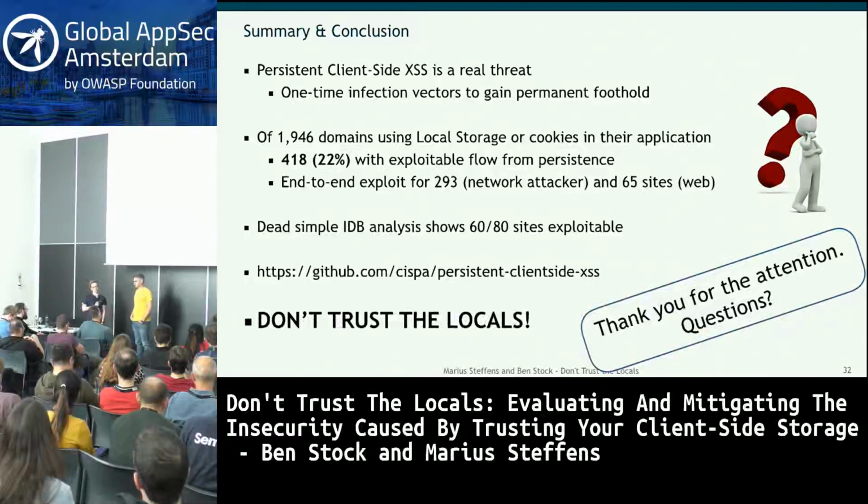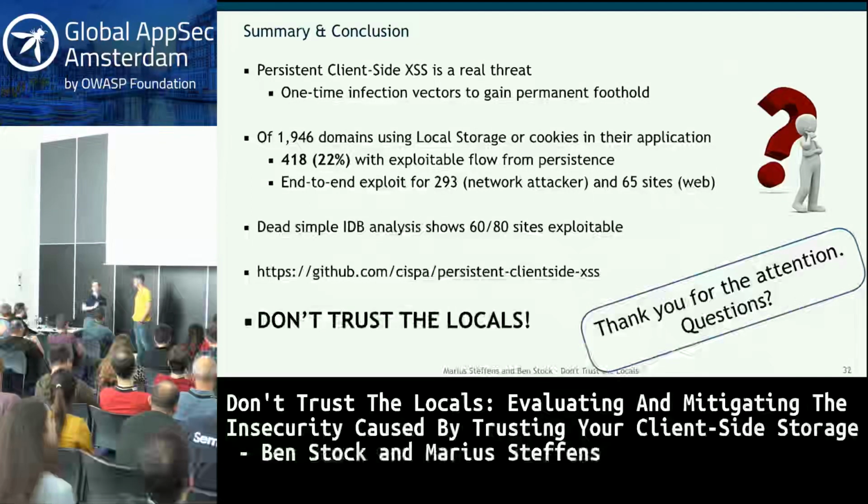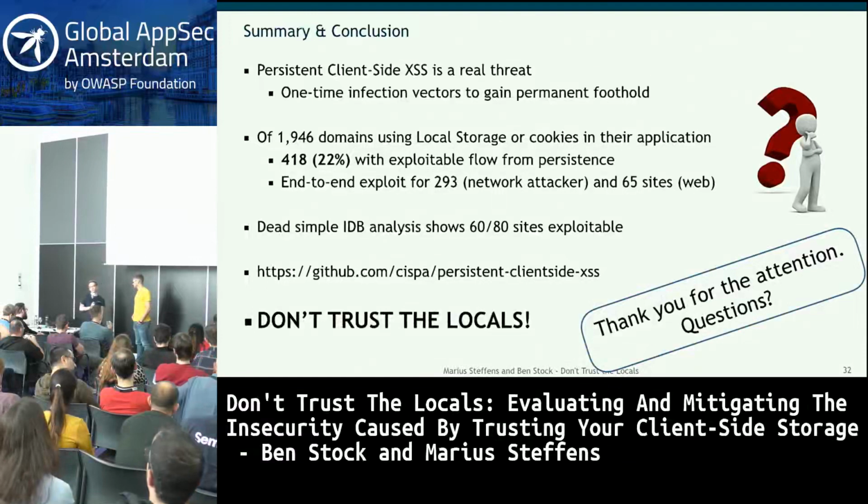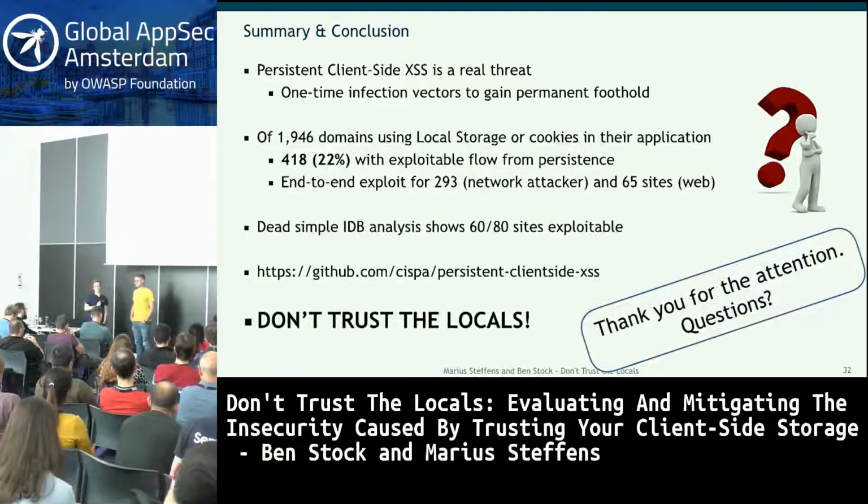But I guess you should really question the integrity of a lot of things in your applications and not take it for granted. So at some point it's really better to ask questions and put in defense mechanisms in depth rather than to just blindly trust the integrity of the web application.